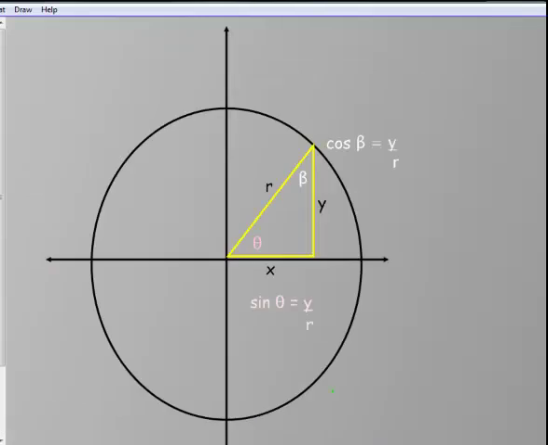Now, just to explain why, real quick, here's a unit circle. And for the most part, we were always using this angle down here that originated off the origin. And if we were to say take the sine of this angle, sine is opposite over hypotenuse. See? And that's what we have right here. The sine of this angle is y over r. But if we were to look at the other angle in the picture,